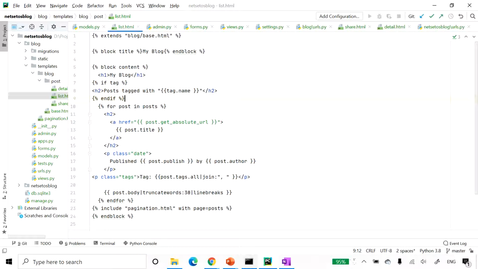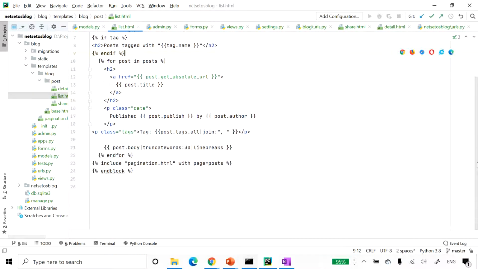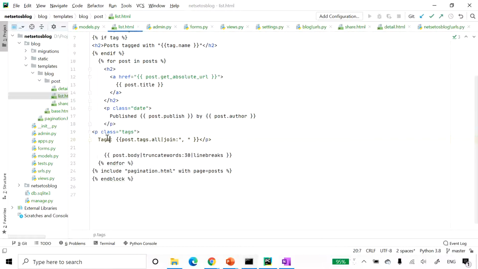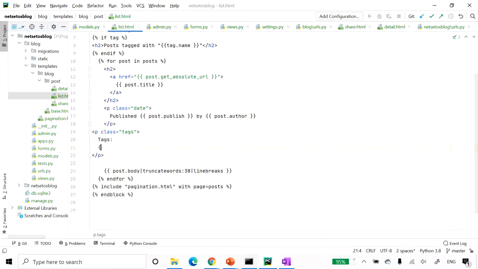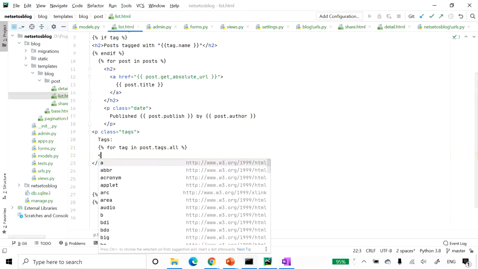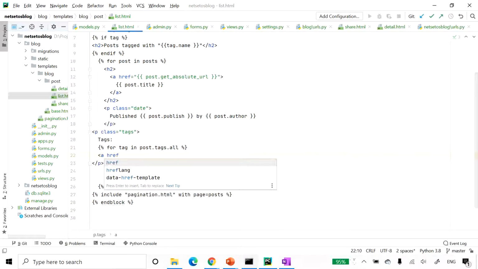Now we will change the way tags are displayed. So for that, we have written in p class tags, and here it will display tags. Let's delete this for a while, and here I will put for tag in post dot tags dot all, and here we will give a link href.